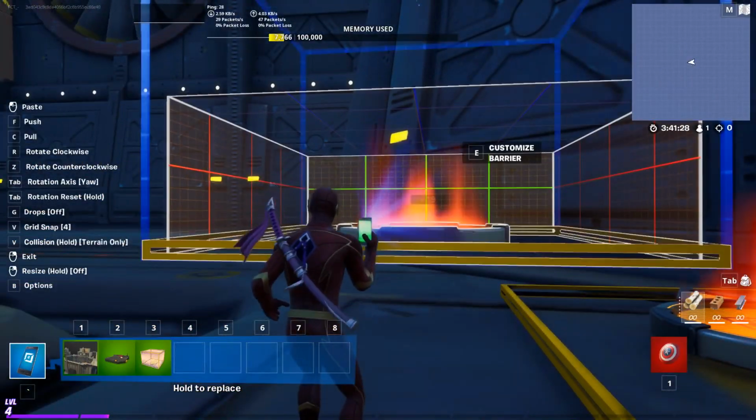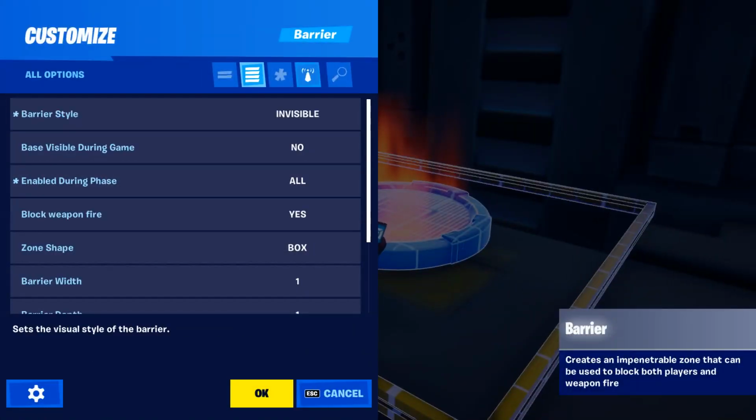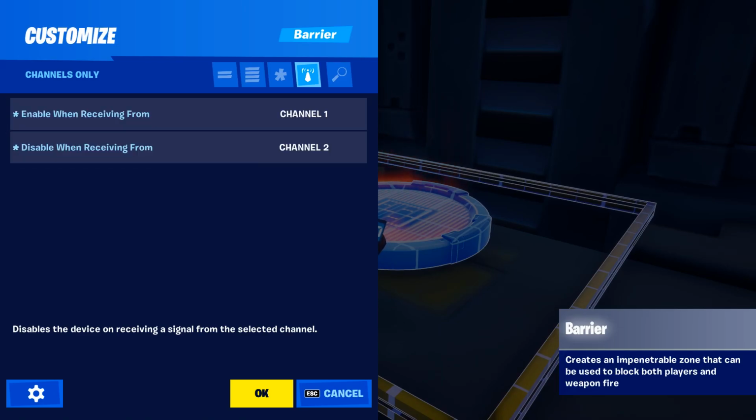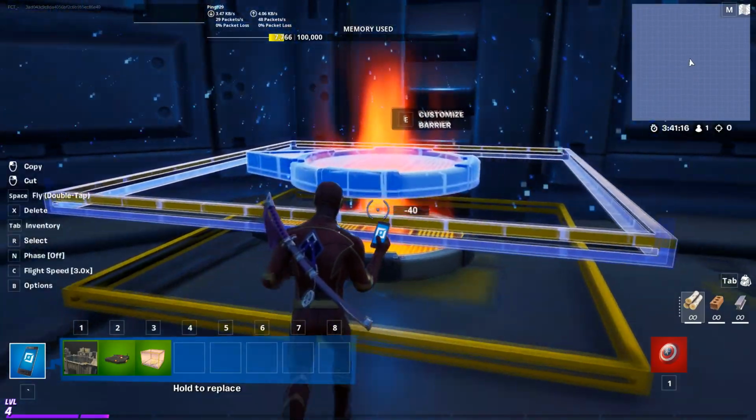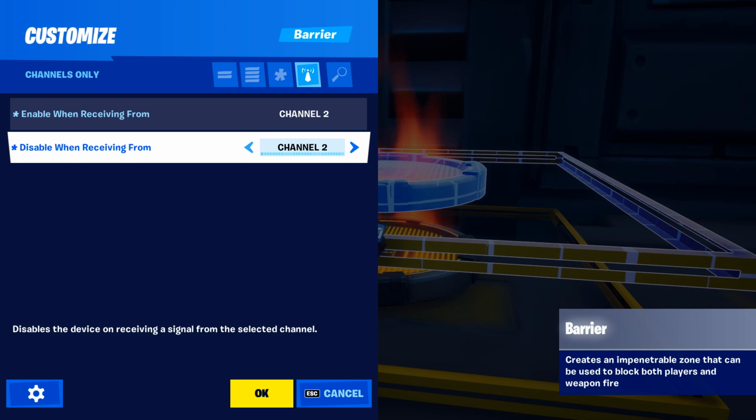But before we go on, one more really cool trick is that you can set it to be enabled on all, and then it also has collision inside of Create. So it makes it a lot easier when you're testing death runs, so that you know exactly if the barrier is placed correctly. And now what we're going to do is set a channel on it saying